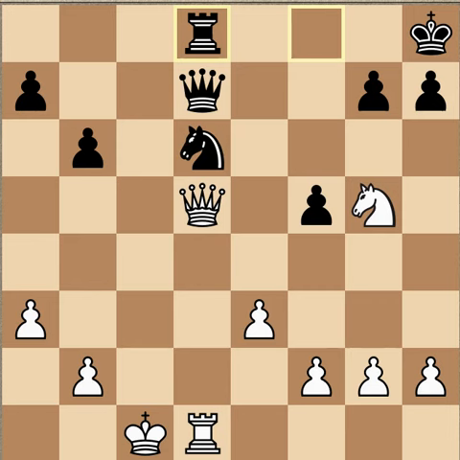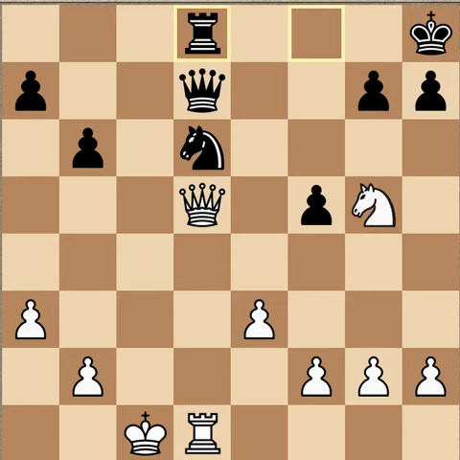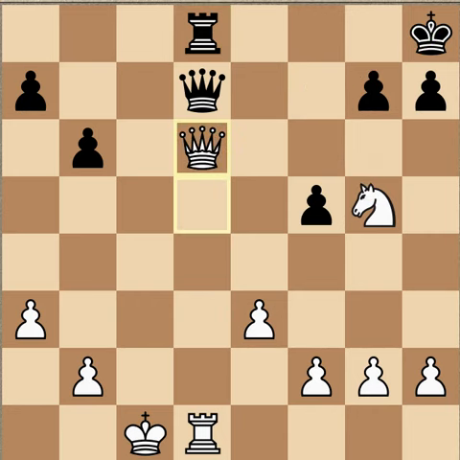And this, he probably knew he was lost here, but he tried to give Seirawan a chance to go wrong here. And remember, Seirawan played the accurate and strong knight e6, just attacking one of the defenders. However, some of you might have been tempted because of this fork here to go for queen takes d6, right?